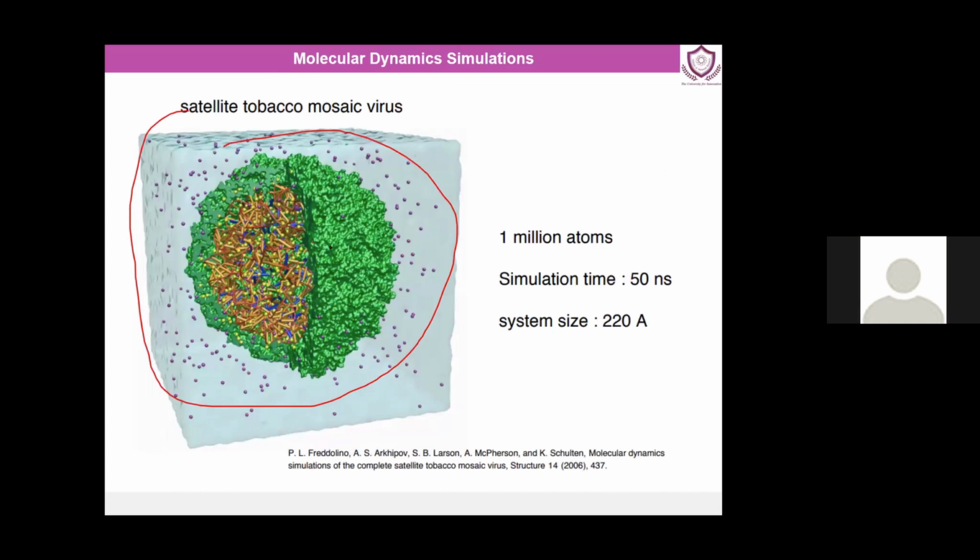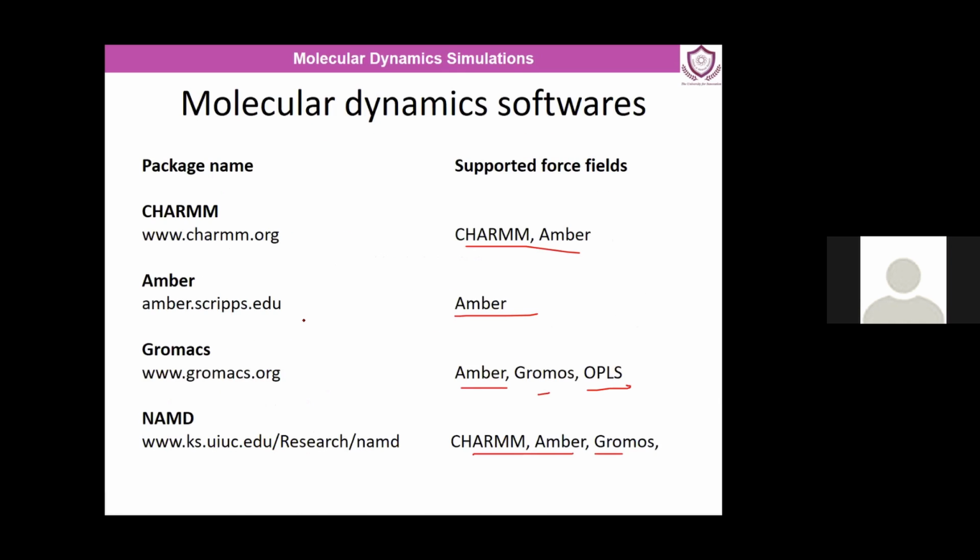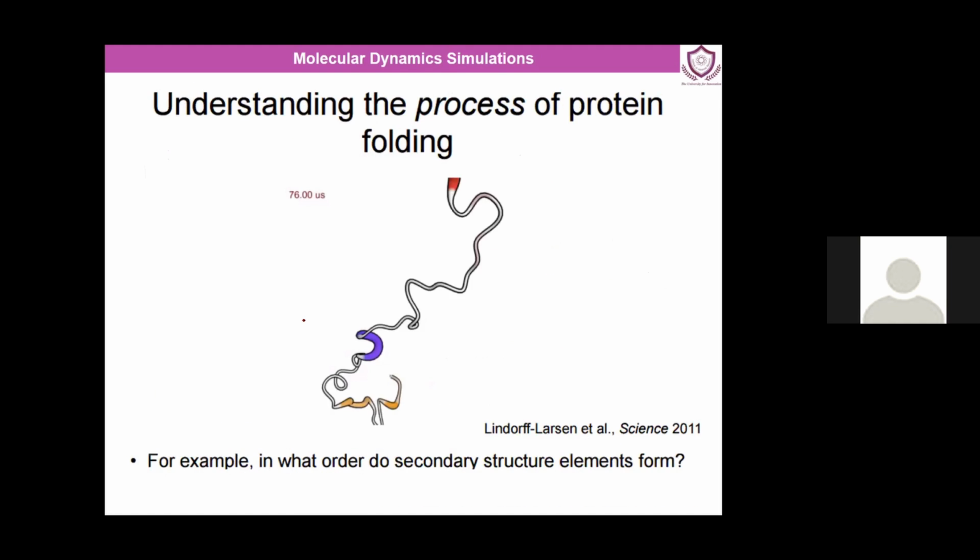So this is a molecule which you want to simulate. These purple tiny dots are water molecules or solvent molecules. This is a hypothetical boundary of a box. So wherein you keep the molecule in this box and you keep the solvent, and then you try to simulate it. After that, you go for